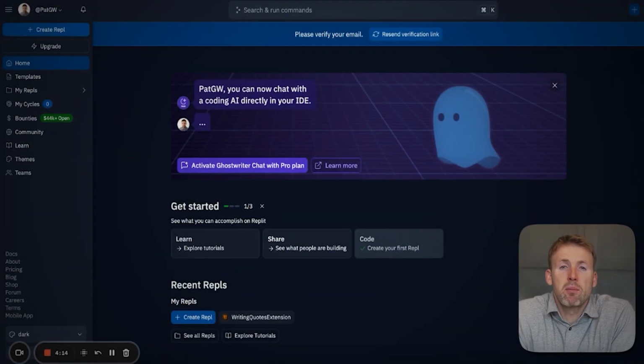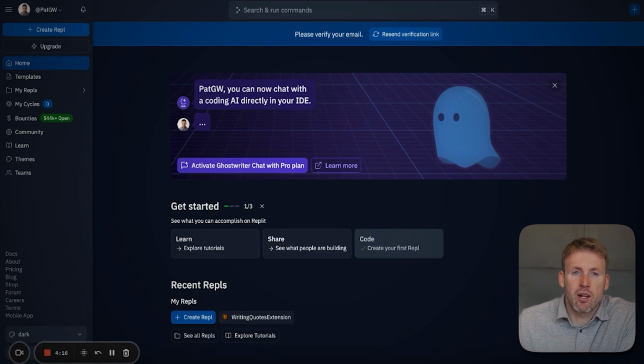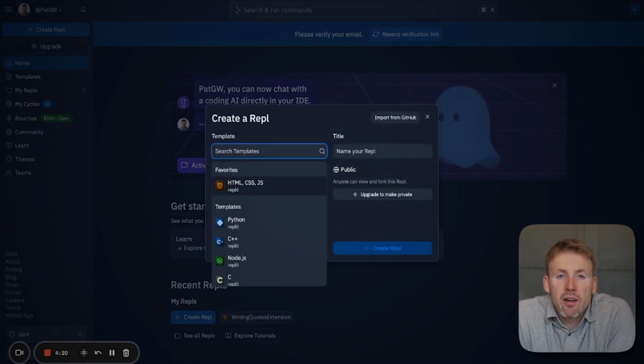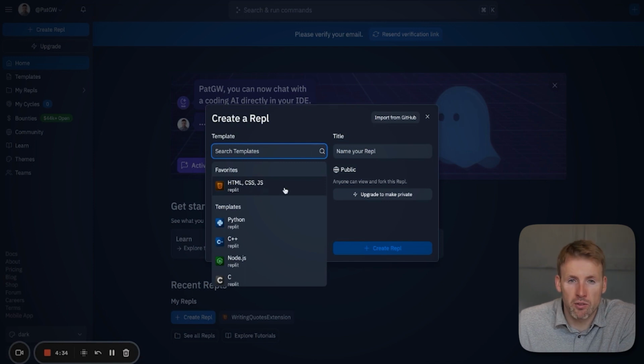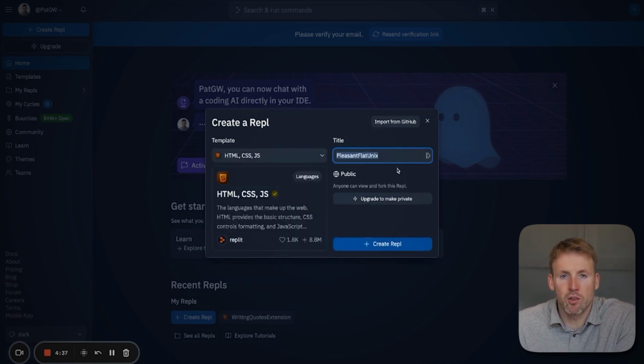Okay, so the first step is to set up a folder for our project in Replit. This is where the code is going to live. When you set up a new one, it's going to ask you what template, aka what language you want to call it. So what you're going to use is HTML, CSS, and JS. The first one here is favorited on mine, so I click on that,